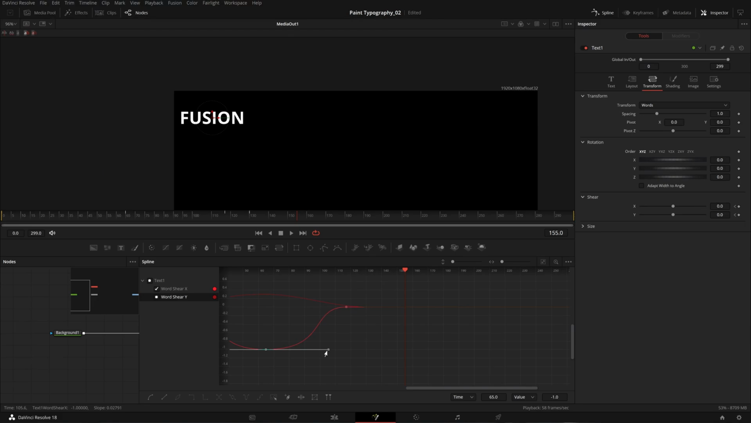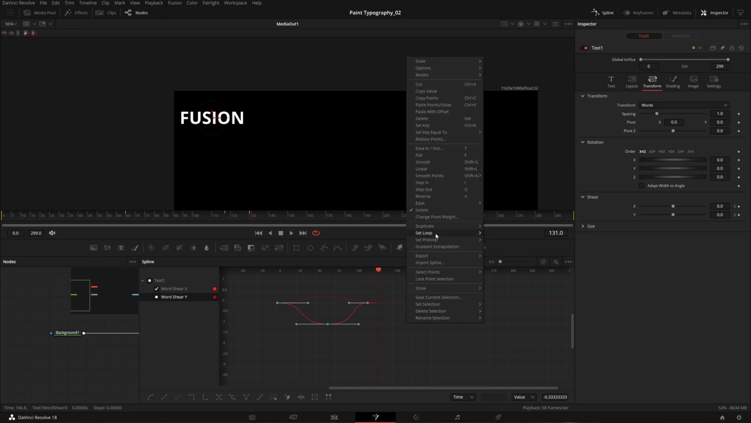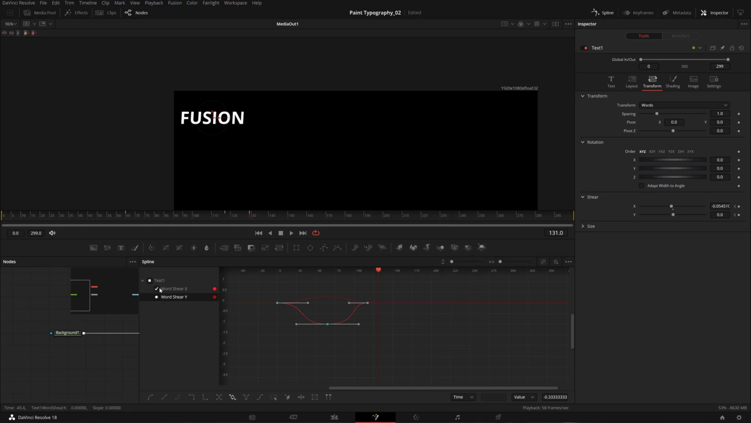Okay, so I'll increase this. Yeah, I think this is looking really nice. I'll select all of these, right click, and set loop to loop. And I'll do the same thing to Y. I'll take this and bring it forward to, okay, so in order to see my keyframe,